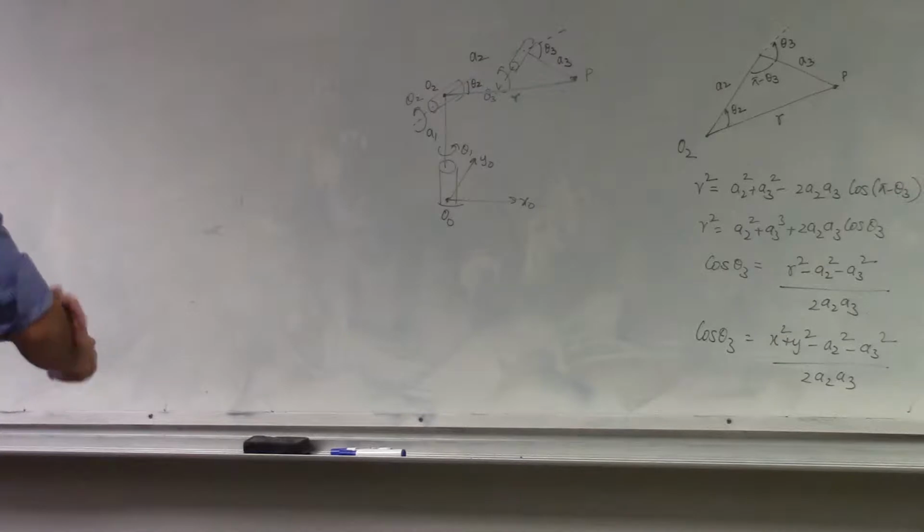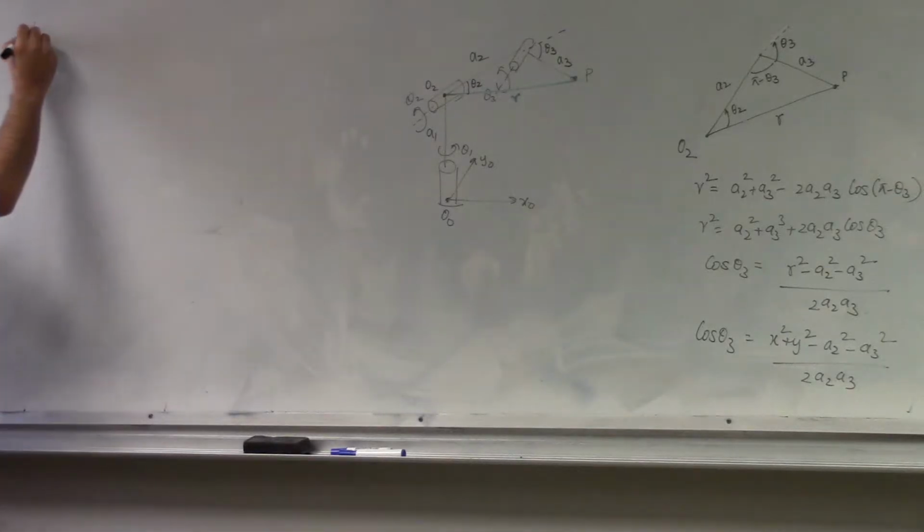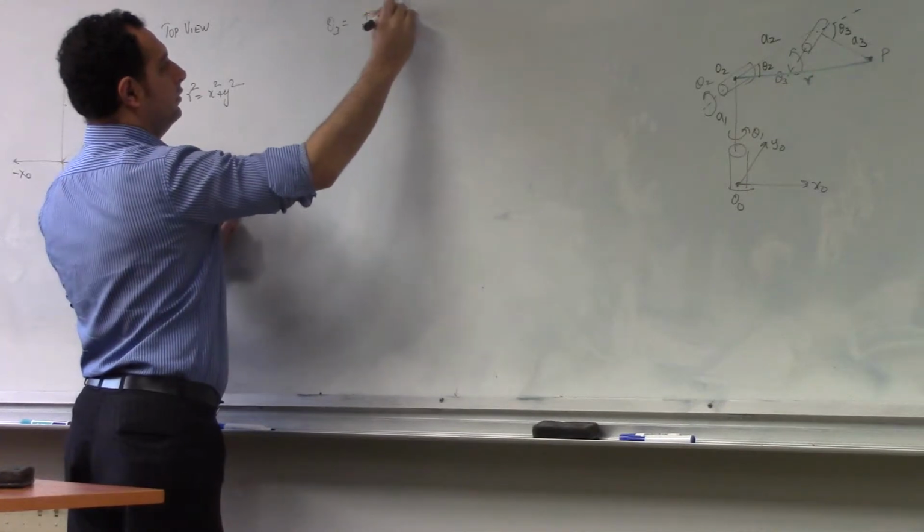Alright, so here you can say theta 3, because it's cosine, you'll say plus or minus cos inverse of